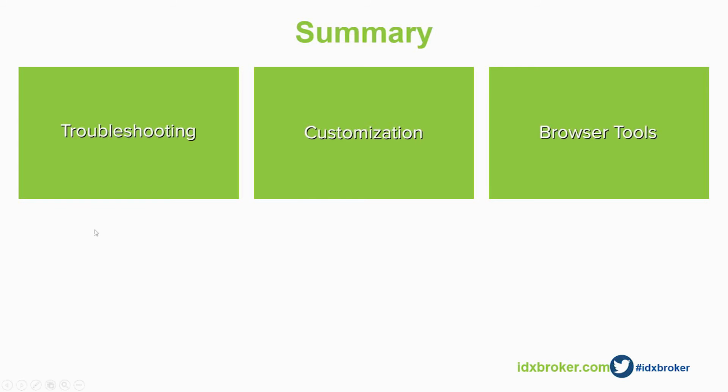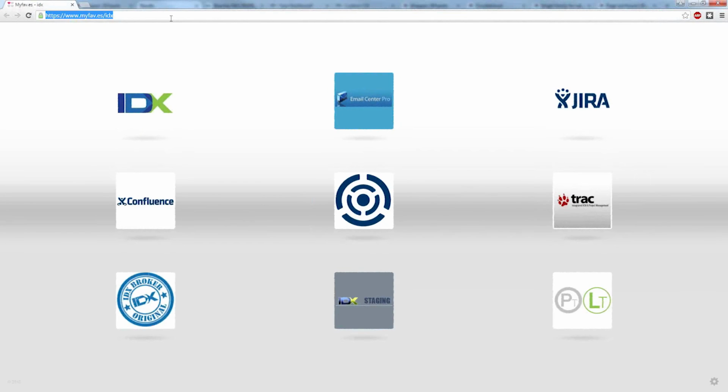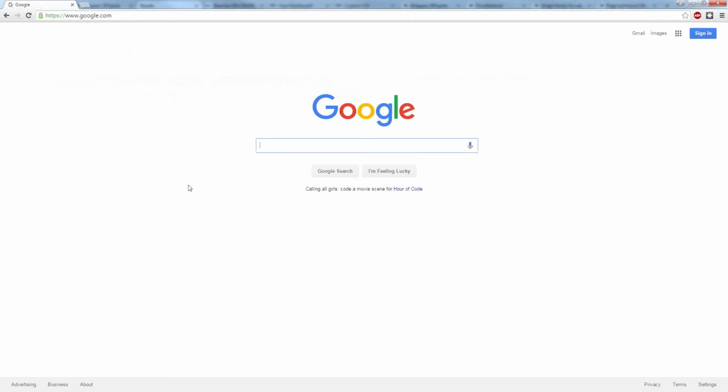So you like Firefox, I like Firefox. Not everybody likes Firefox. What if I'm using Chrome or Internet Explorer? Can I still use browser tools? Yeah, they're going to be available on just about every browser. That goes down to Internet Explorer, Chrome, Safari, and here we'll just go to Google just to show that they're there. So here we are. I don't want to see the Google logo, just to show that this isn't just an IDX Broker thing. I can inspect that element,